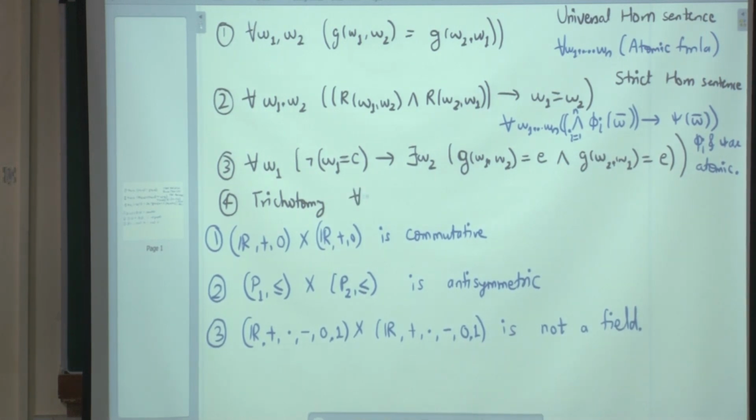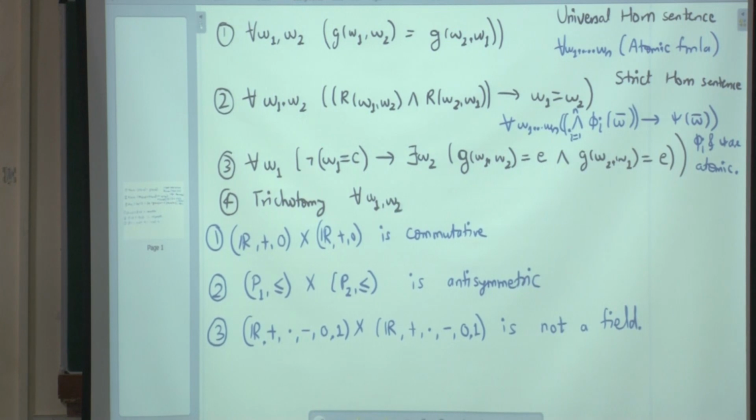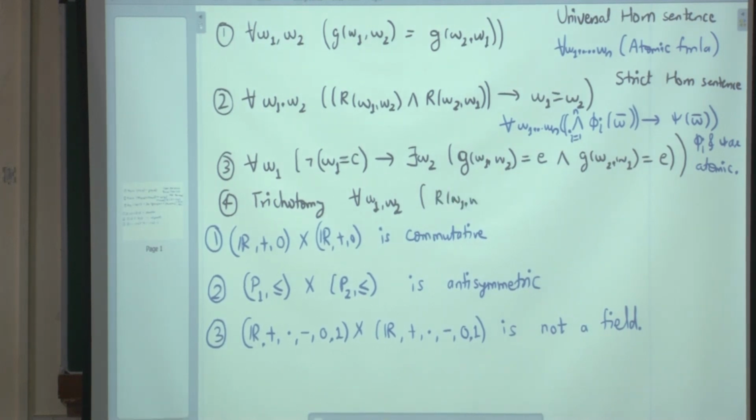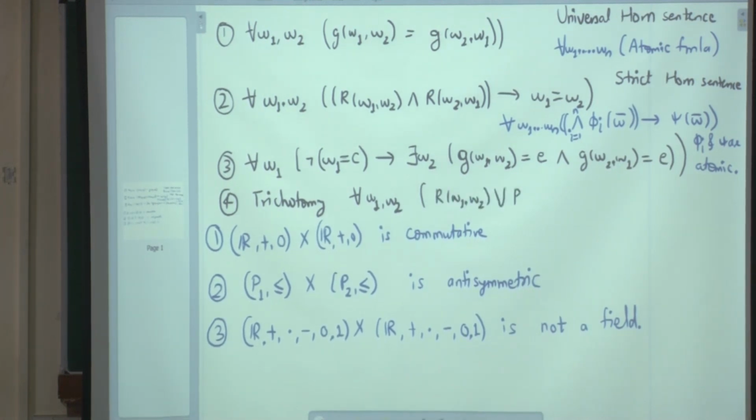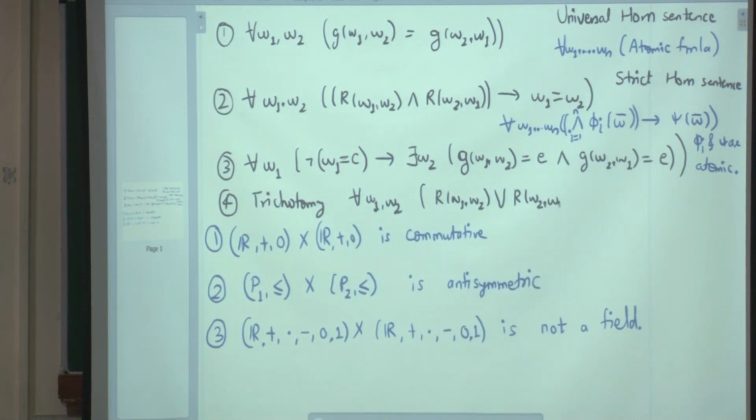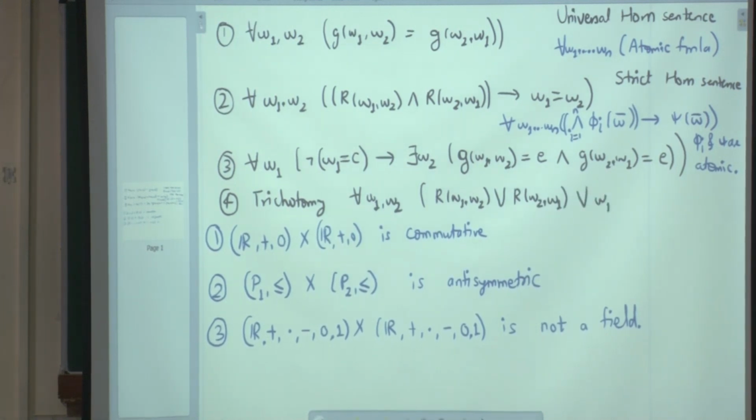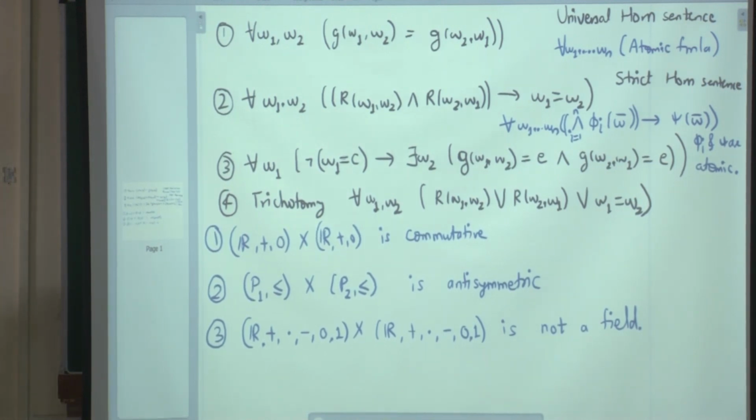For all W1, W2, there exists a W3? Trichotomy. Either R(W1, W2) or R(W2, W1) or W1 is equal to W2, just to be safe, even if it is interpreted as a